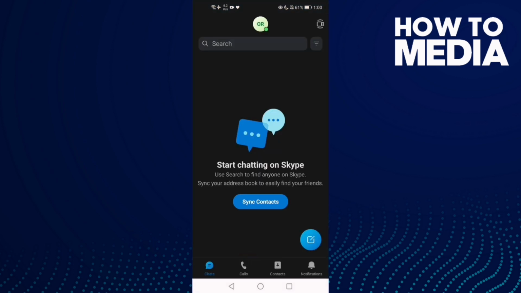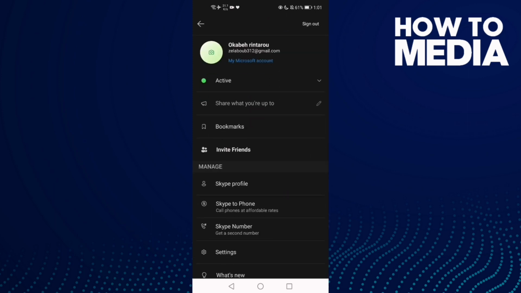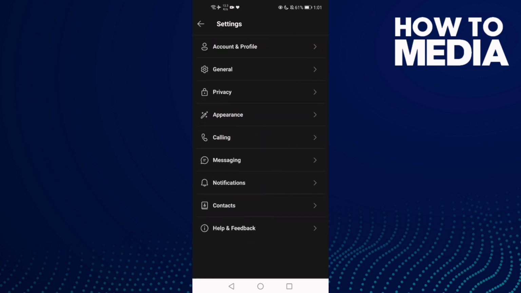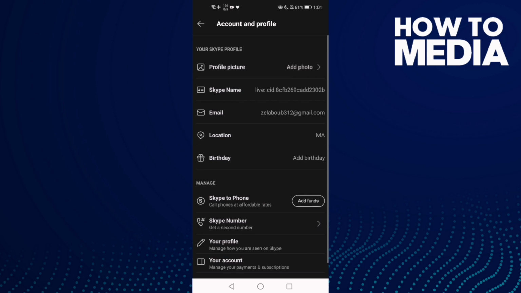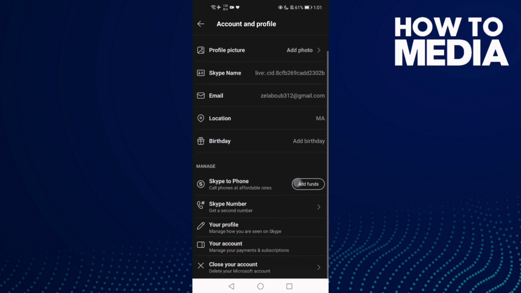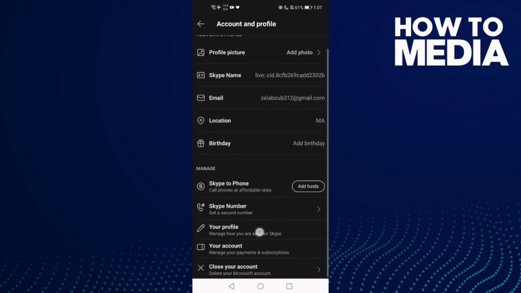and then click on your profile here, this one, and now click here settings and then click account and profile, and now click this one here, your profile,